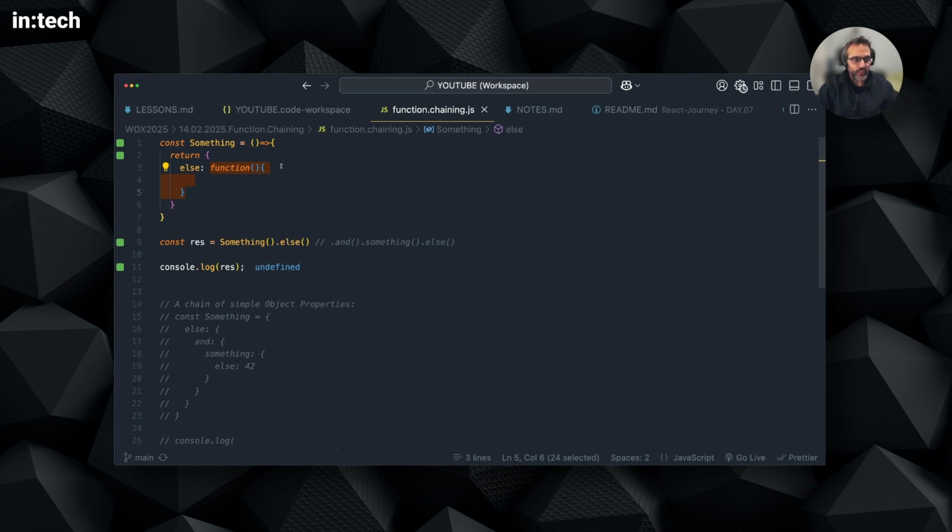Otherwise, it wouldn't work because no other thing in JavaScript is callable. We cannot put the parentheses on other types of values. So I need to make this a function. And this is our first chainable function,